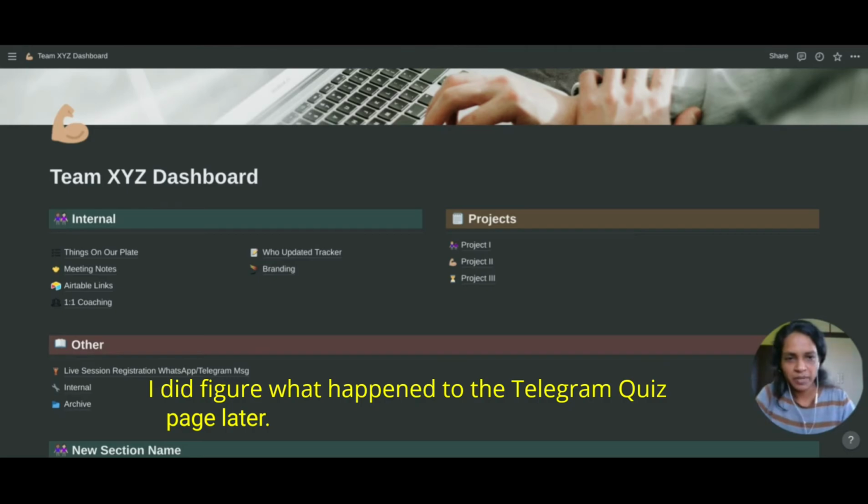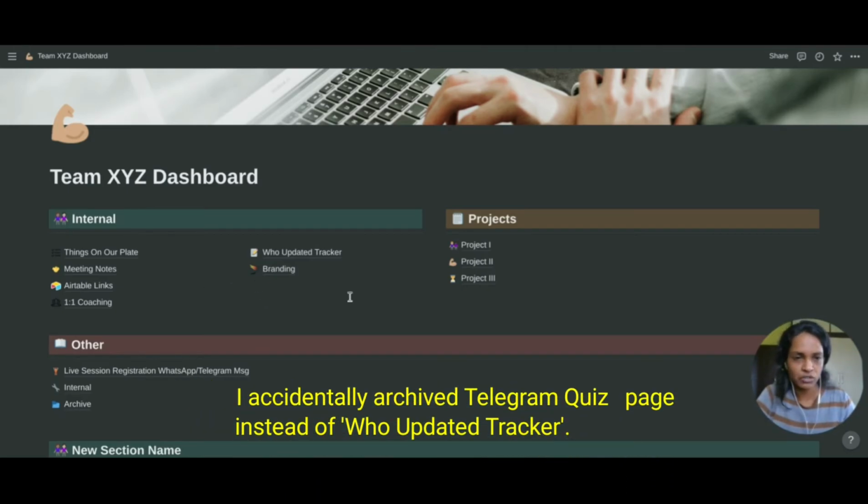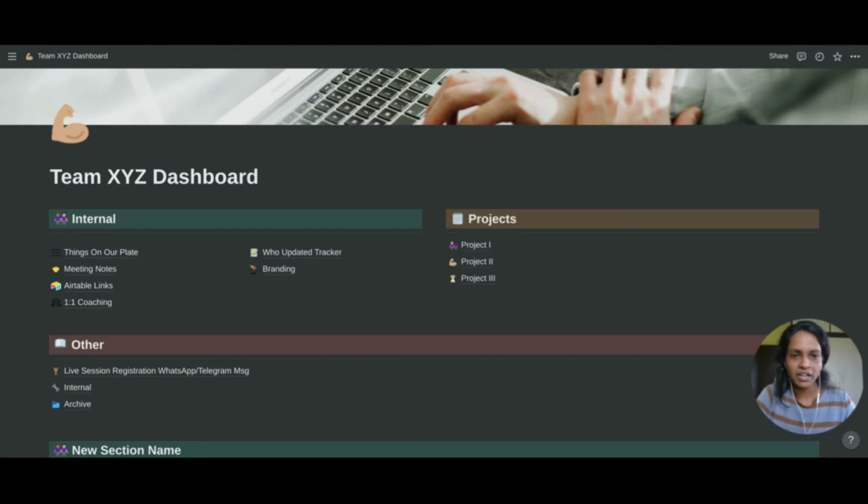But I'll just quickly explain that Telegram page. There was another page which I probably moved into something. I'll find it out. That page helps to conduct health quizzes on our Telegram channel, and my client, a coach, creates them, and I schedule them ahead of time. As soon as we are running out of ideas, I nudge my client from the comment section from within the Telegram page, and then she adds more questions. That's how it is done.